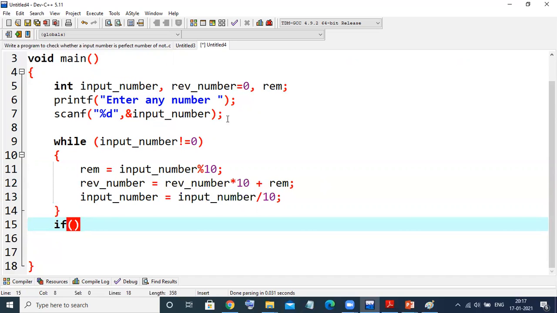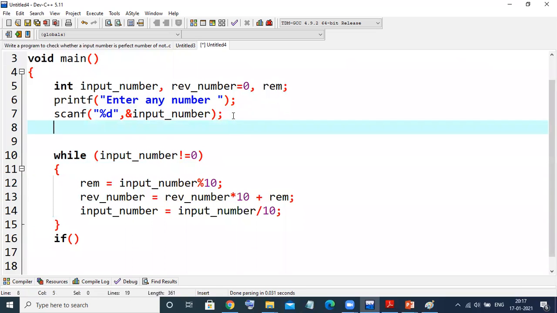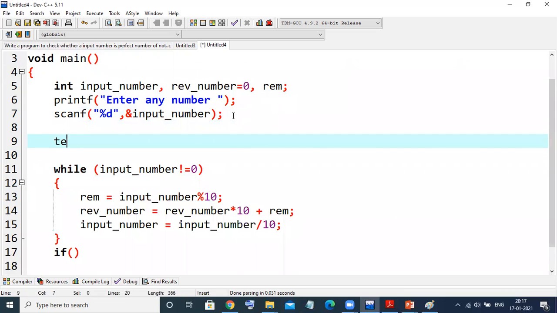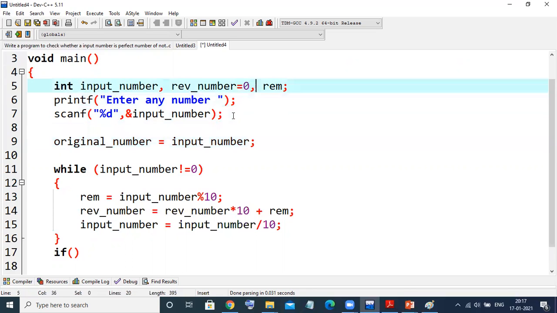somewhere I need to store this number for checking purposes. So I'll take a temporary number, or I can say original number, equals input number. Any variable you can take, doesn't have any problem.